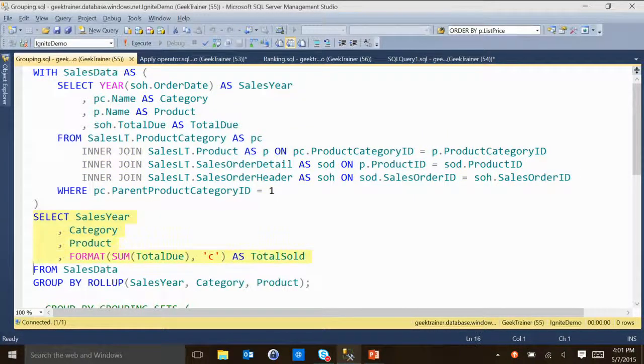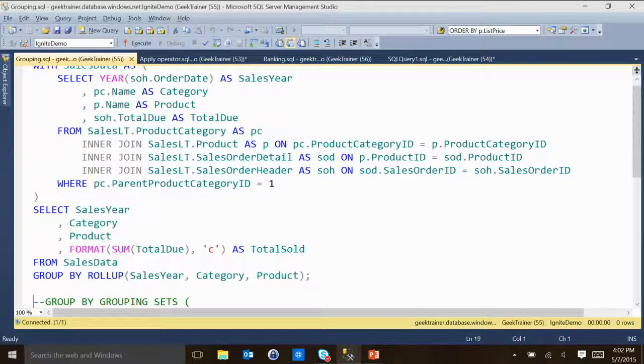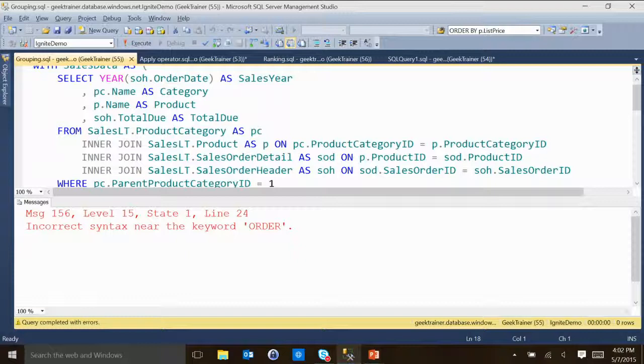This is the important part. So the important part is going to be, all right, well, I want to display the sales year, the category, the product, and the total sold, but I also want the aggregated data. So when I say group by roll up, it's now going to give me the total for my sales year, it's going to give me the total for my sales year and category, and it's going to give me the total for my product. And so when I run this query,